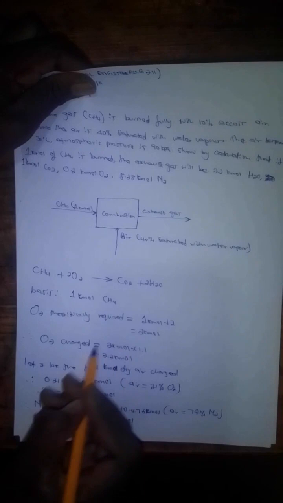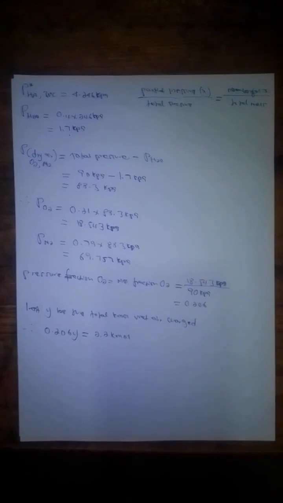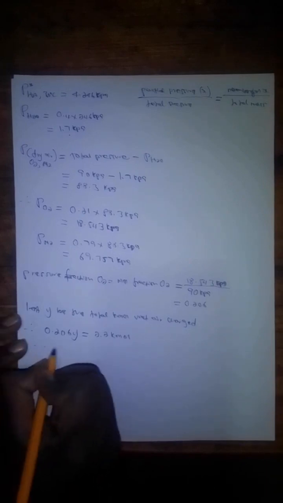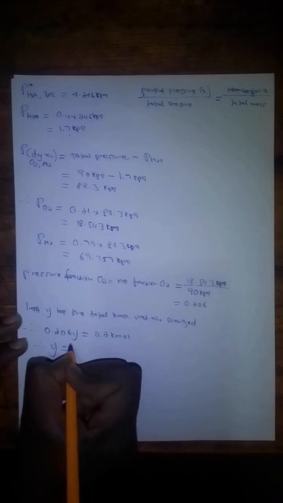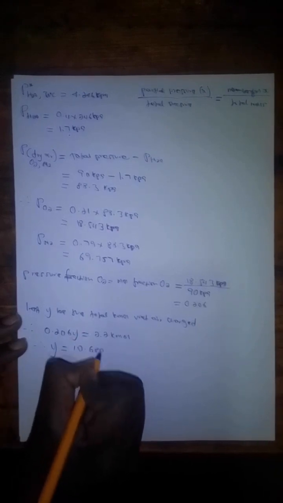And if we know that is 2.2 kilomole, and we know also the mole fraction of oxygen in this whole thing, then we can easily calculate the whole thing. This is actually CIR 113 and the latter part of CIR 113 and a huge portion of CIR 123. So we can say therefore y is equal to 10.680